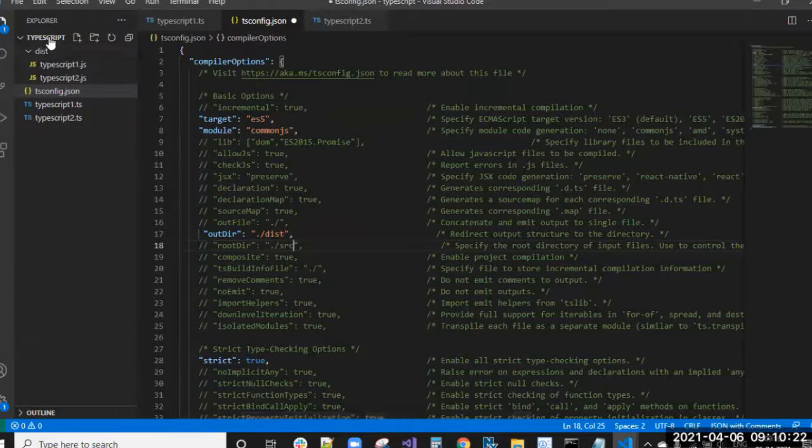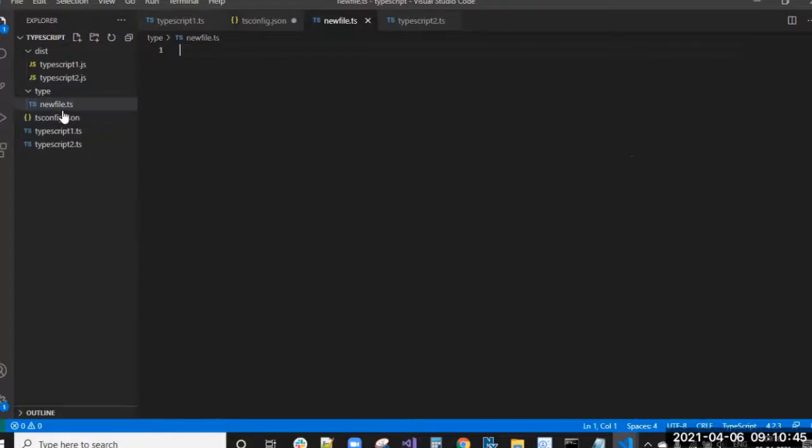Inside this, I'll create, for explaining purposes, a new folder called type. Inside it I have added a new file, new file.ts.